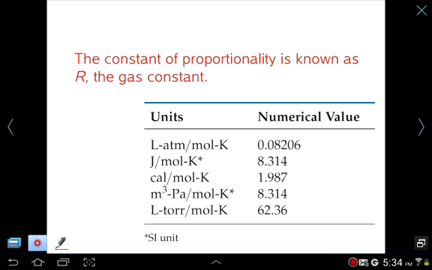So before we tie all three of these laws together, when we tie them together, we'll define what's called the gas constant, R, which is an extremely important constant, and we'll use this constant in many calculations following. Now, the gas constant can have different values based on the subunits that you use. So if you decide to use, for example, liters and atmospheres, moles, and Kelvin, here will be your R value. Now this is the most common R value that we will use. So if you want to put most common here,